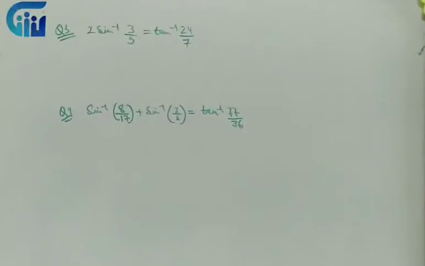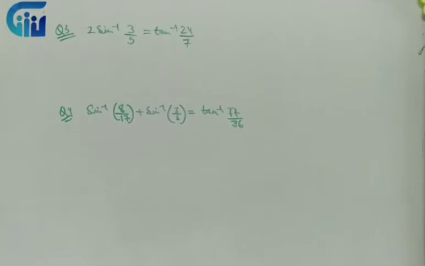Next, we have question number 3 of the miscellaneous exercise. This is question number 3, and we'll do 4, 5, 6, 7, 8 together. These are the questions which are again very important. Now, for the first question, we have to prove the left hand side is equal to the right hand side. So what do I observe?